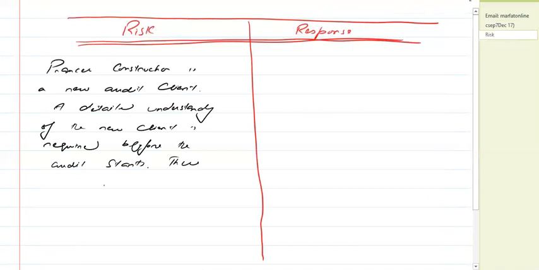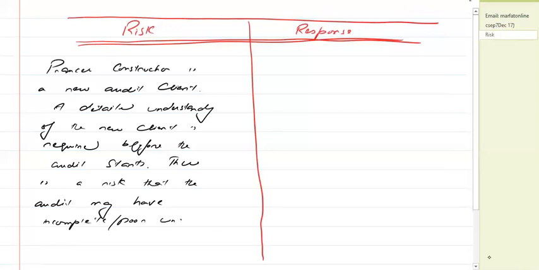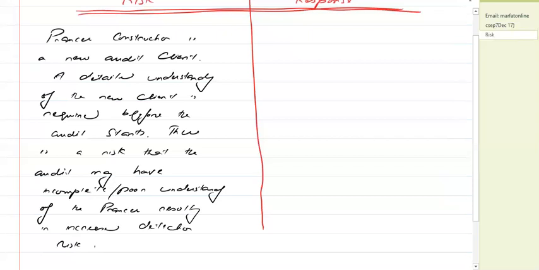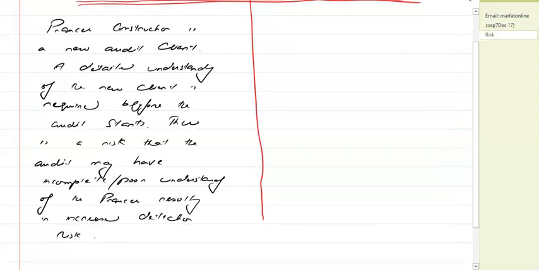There is a risk that the audit team may have incomplete or poor understanding of the Frenzer, resulting in increased detection risk. Now you can simply write, if you do not want to write this thing, you can simply write,